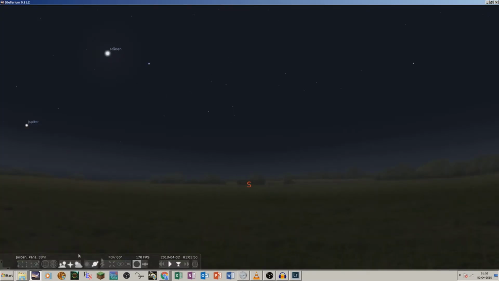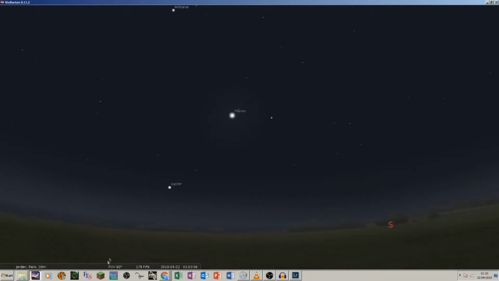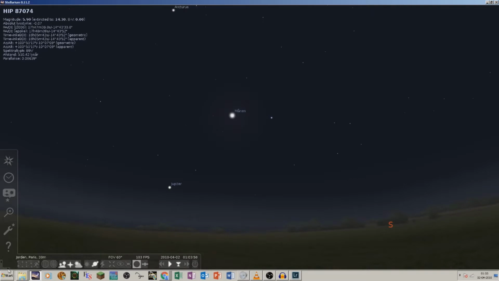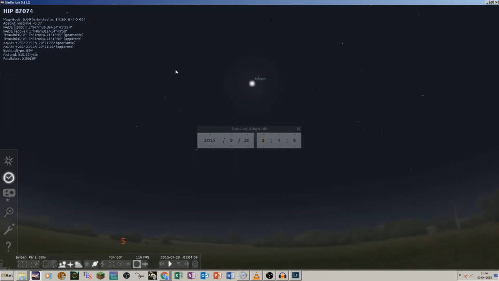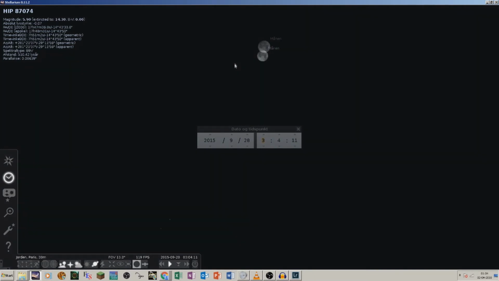And the reason that I know that is because I actually installed it when I got my first telescope, and it's never even been on the internet as far as I know. I don't even know what version it is by now. But let's check and see what the model says. So we'll go 9 and we'll go 28 because it was after midnight. And we'll go to around 3 AM. And zoom in on the moon.